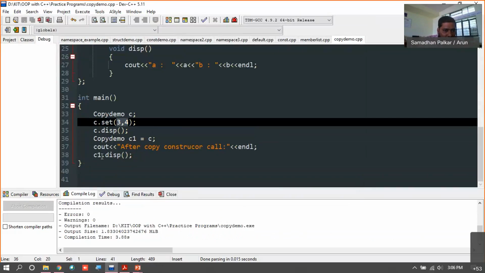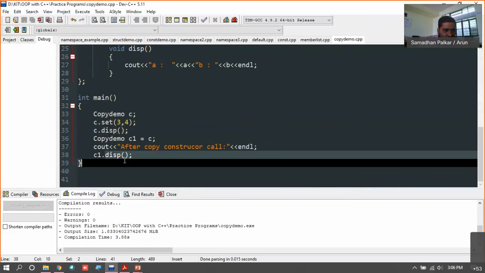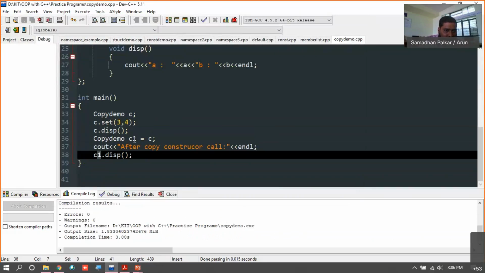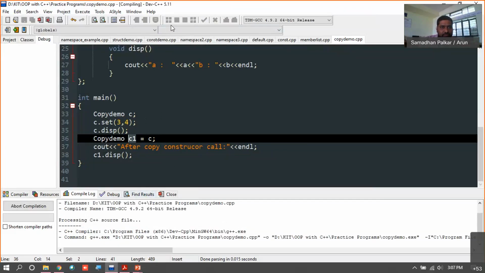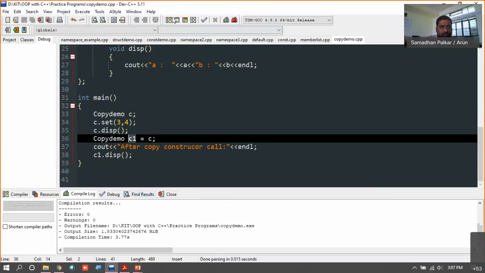We are calling the display function on C1, but we are not going to set a value for this C1. Still, C1 holds the value of A and B, which is 3 and 4. So see here in the result, you'll get two things.